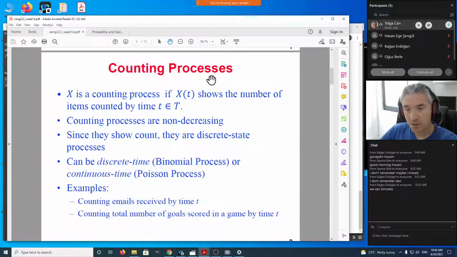All right. So in counting processes, the time keeps ticking from some initial time, and we keep counting. Our variable xt is a non-decreasing variable that keeps increasing as we keep counting. We are not talking about things between two time intervals. In counting processes, we keep counting from some initial time, and therefore the variable xt is always increasing,